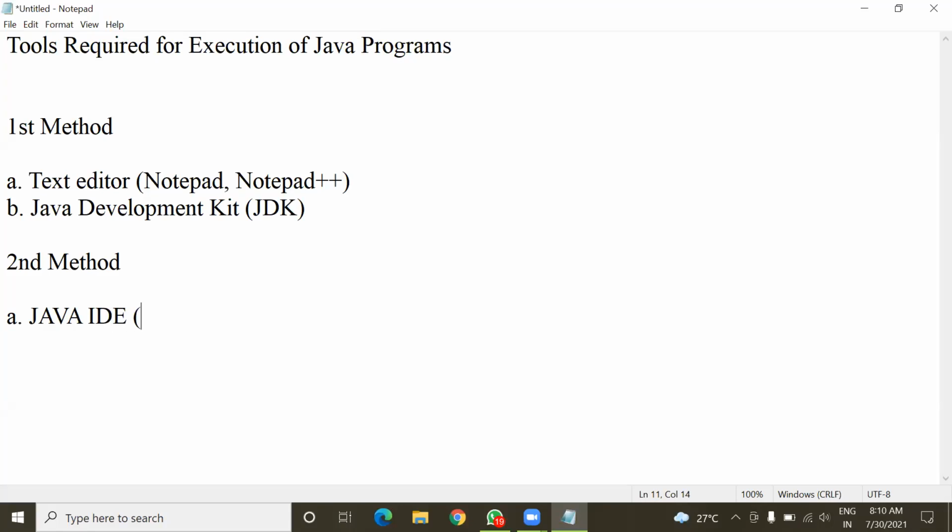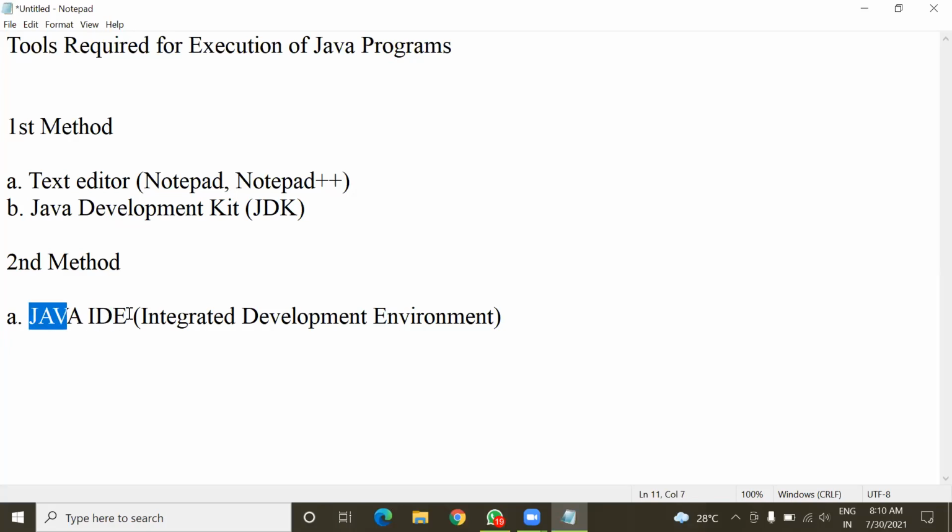Here IDE stands for Integrated Development Environment. So in the second method, you need only one application, that is Java IDE.